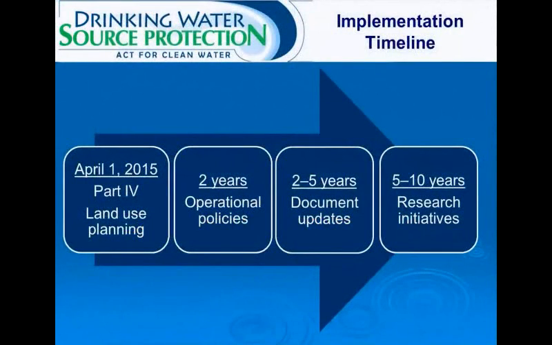Policies in the Cataraqui Source Protection Plan include implementation deadlines. These range from immediately following the April 1, 2015 effective date to up to 10 years following the effective date. Both Part 4 and land use planning policies are immediately effective on April 1, 2015. This means that as of April 1st,